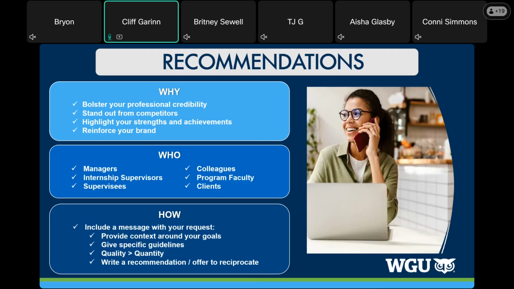So again, three good recommendations is better than five or ten mediocre ones. And then reciprocate. Let them know you're grateful for that, and that if there's anything you can do on your end, you would be available to help them out. That's just the professionalism that can come out of that. It's an etiquette trait as well.